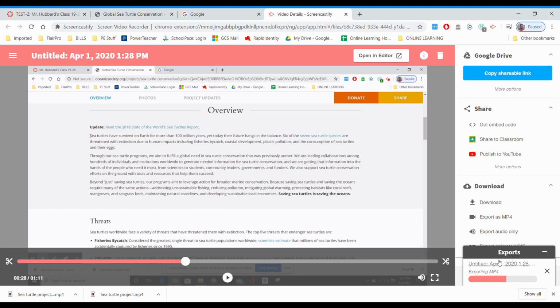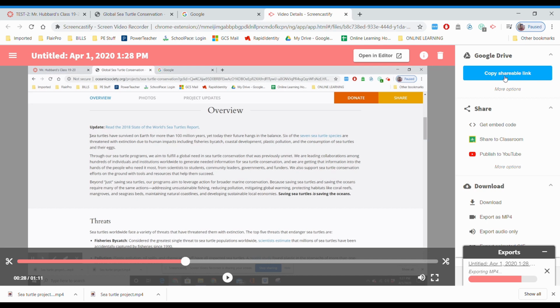Okay, but I want to show you a different way that you can do it. This right here, well, when we're exporting as an MP4, we're actually saving this video to our computer is what's going to end up happening. And then when we go back into Canvas, we're going to upload it from our computer into Canvas. All right, so this is a little bit more stable, because if for some reason